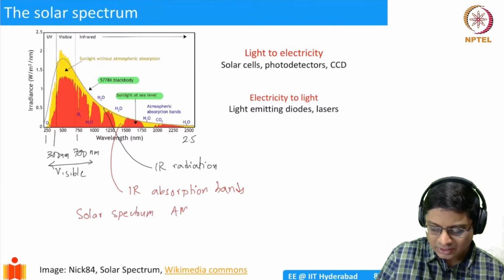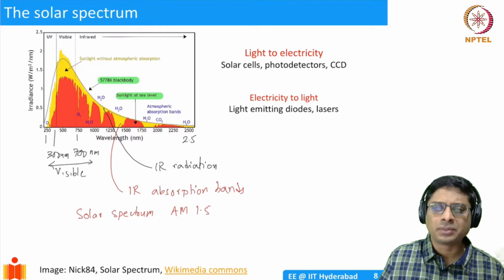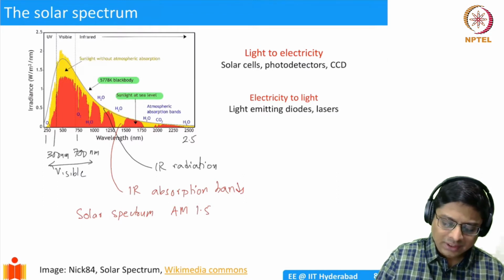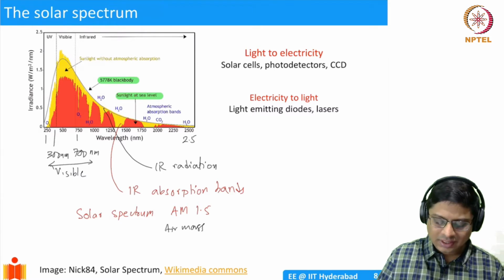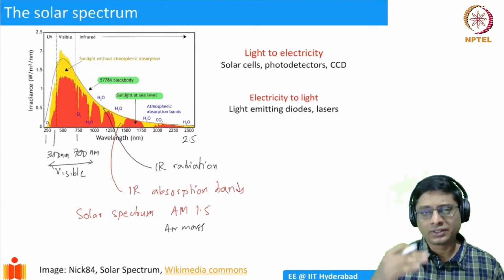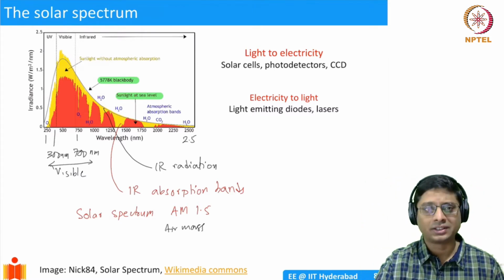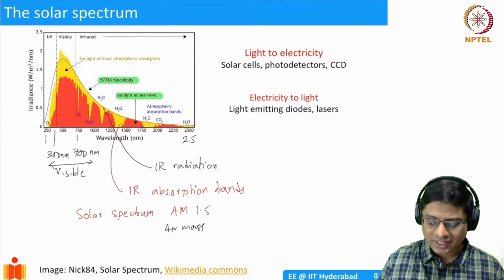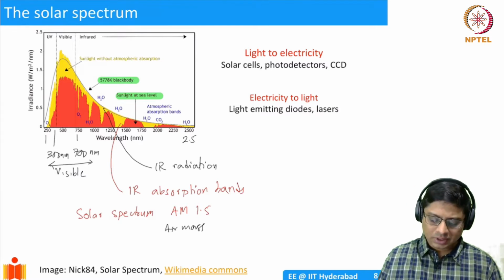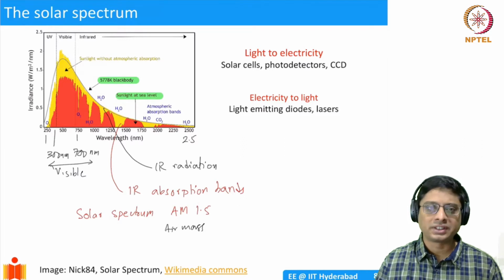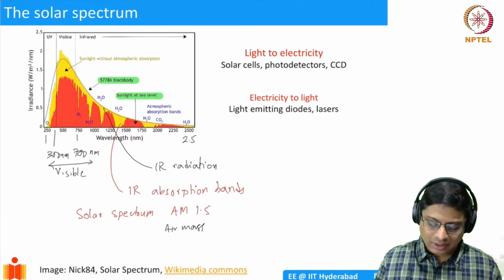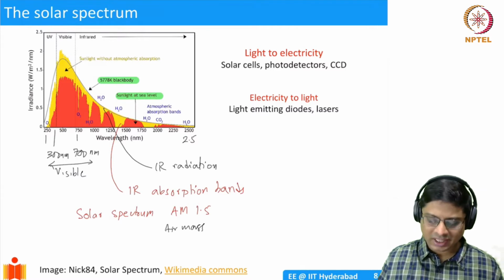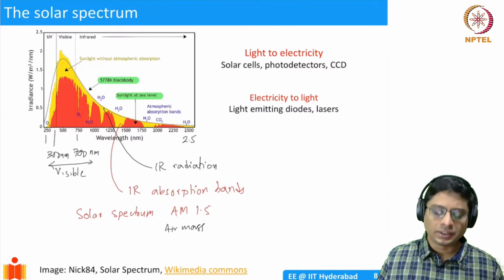AM 1.5. What this means is AM stands for air mass. It's just a notation saying that it is the amount of radiation that is absorbed when the sun is at roughly 45 degrees of angle. Okay, so that's a standard spectrum we refer to, so that people can compare solar cell performances in different locations. Okay, and it turns out that if you have the AM 1.5 spectrum, if you sum up